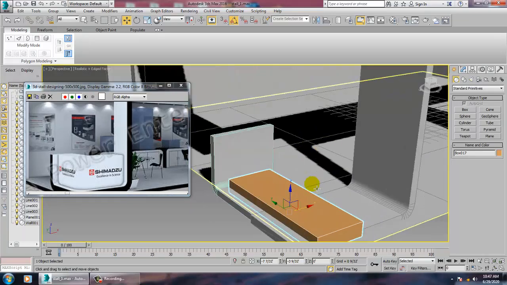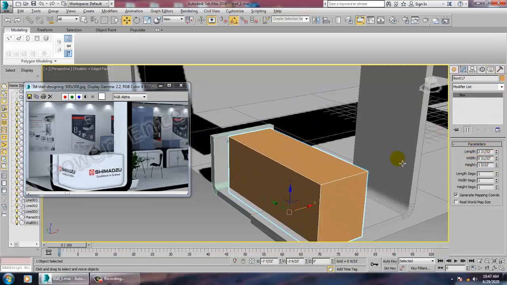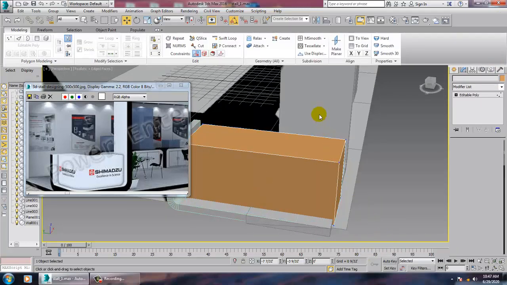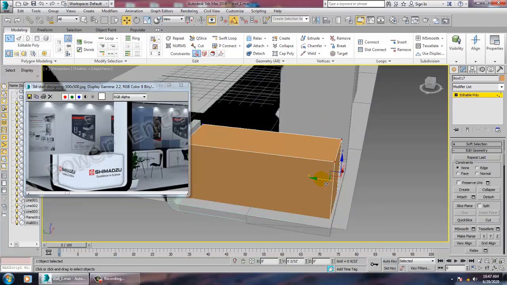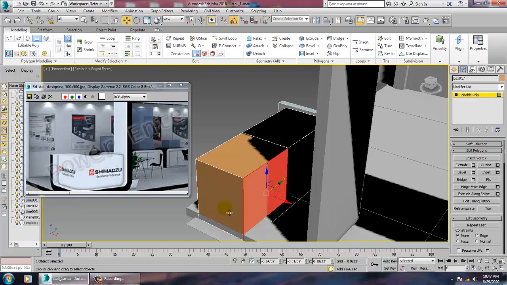After taking the box, let's increase its height, convert to editable poly, select this, push it a bit inside and take a swift loop and just extrude it.